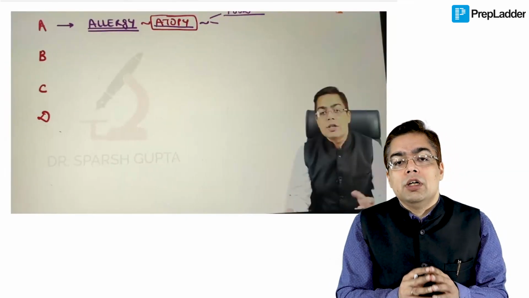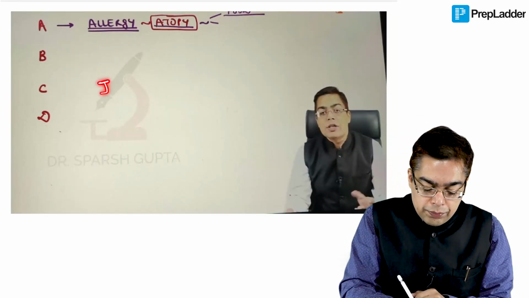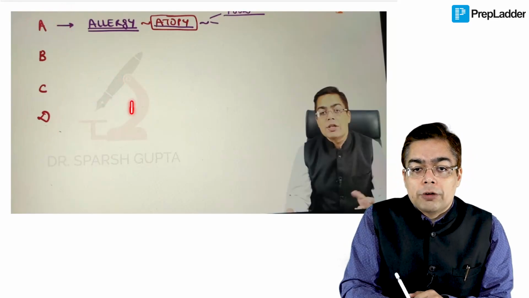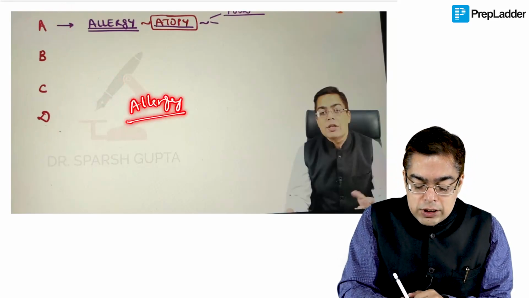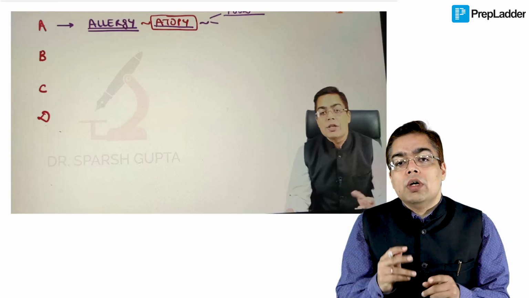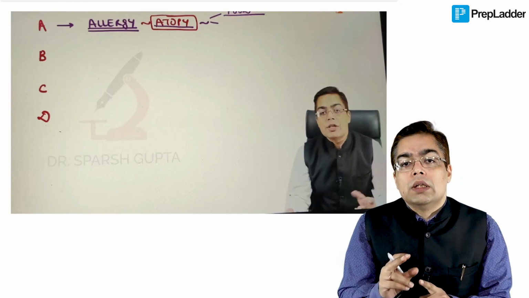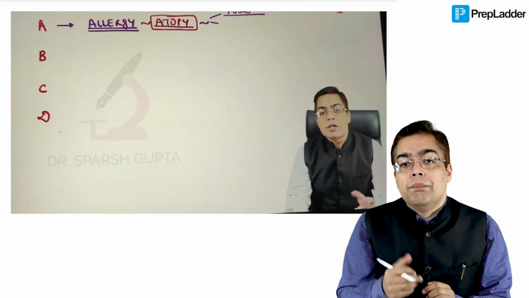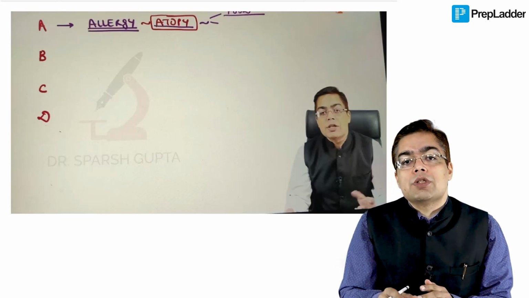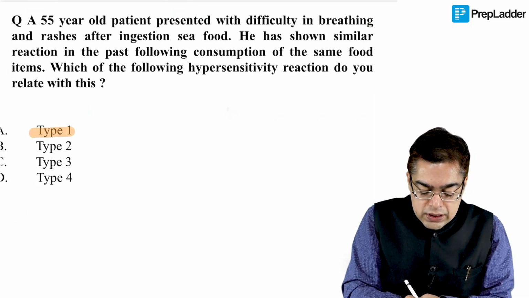Now, again, this is a question which is a direct line from what I had discussed with you in the main video when we were talking about the type 1 hypersensitivity reaction, wherein I talked about my copyrighted mnemonic, ABCD. I did talk about the fact that the patients are going to have an allergy, and specifically what they give you as allergies, because a lot of you have had international travel as well. Even on the aeroplanes, on the flights, even on the ships, they would be making you cautious about the presence of usually two important things. Peanuts, a very important cause of allergy in a lot of people, and then the presence of something like seafood. That is an example of the type 1 hypersensitivity reaction.